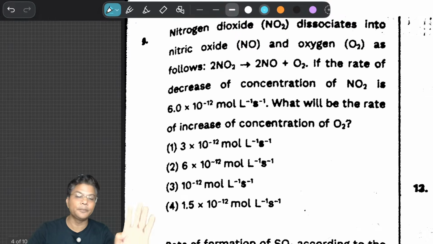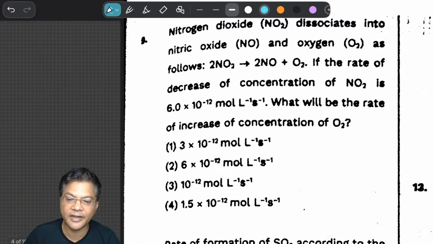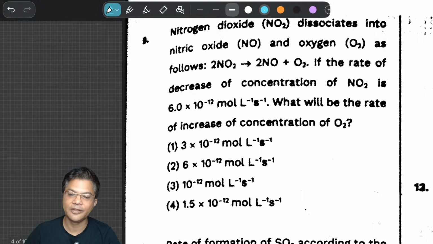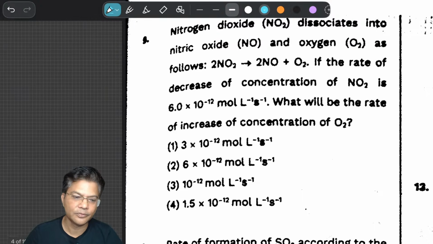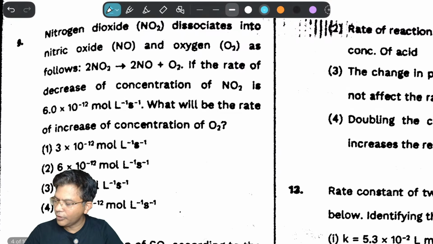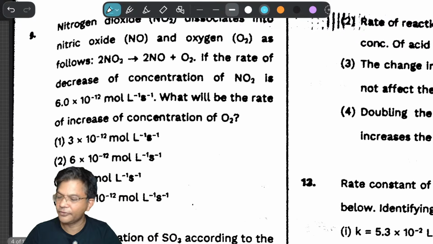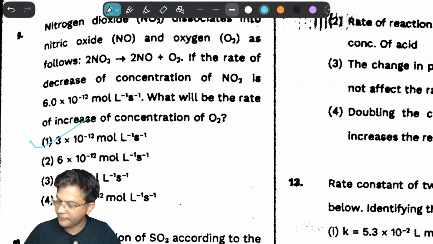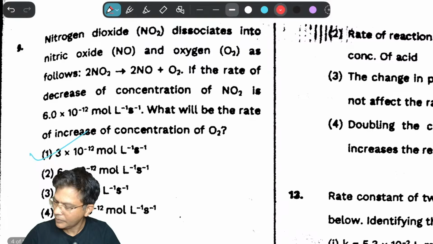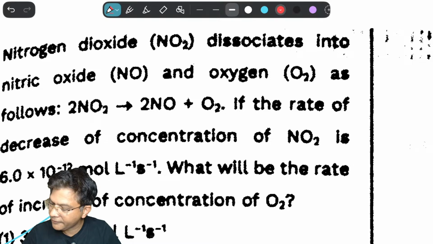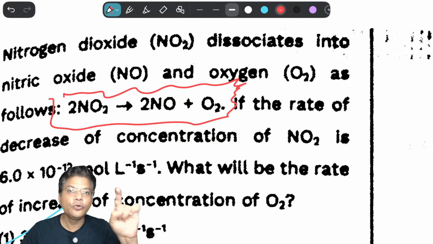Within a fraction of a second you can do it, using the trick Baba has told you. The correct answer is first. See why. This is the fight going on: when 2 moles of NO2 are getting finished,